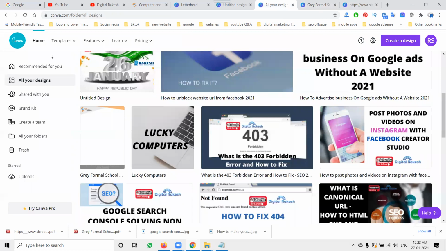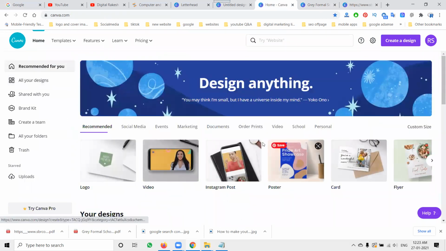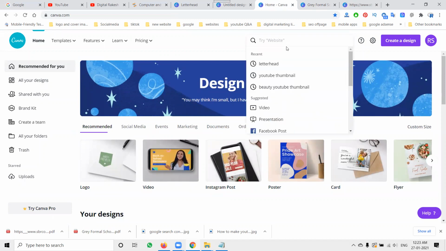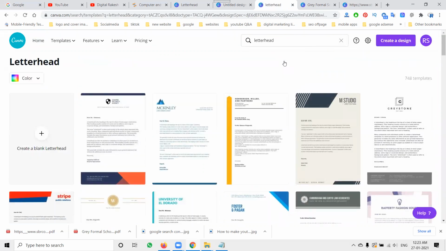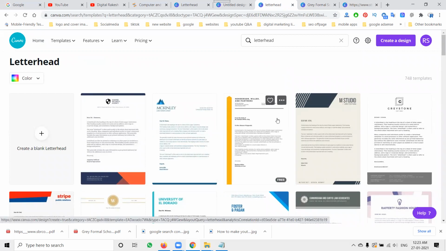Simply go to Canva and check the designs. Everything is here. All these options are there. We can search this option, find the letterhead, and start designing the letterhead. So this is how we can comfortably design a letterhead using Canva. No need to spend a lot of money on a letterhead. Lots of designs are there. Remove the existing content and add your logo, address, website address, and enter your mail ID in the header, and finish your letterhead perfectly without spending any amount on your design on the Canva website.